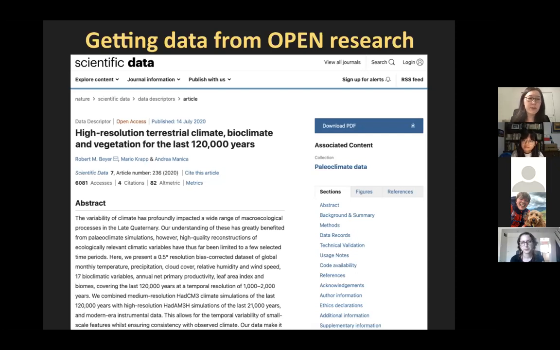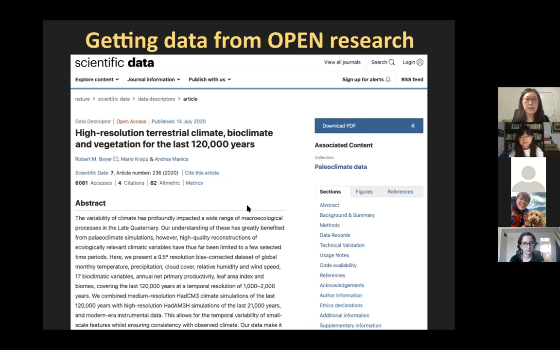So I found this research by Beyer et al. 2020, and this simulation dataset offers monthly temperature, precipitation, cloud cover, humidity, wind speed, etc. at high resolution. So I decided to use their data as a reference for my environmental context.